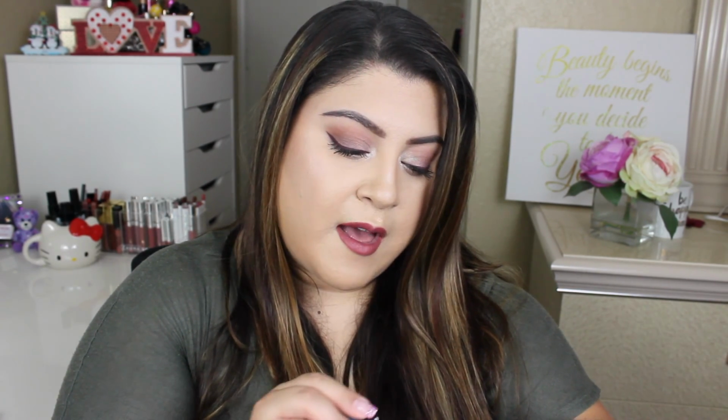My last lip favorite is going to be by NYX, and it is this. This is the Intense Butter Gloss. Now, I haven't been too much into glosses lately. I've been going on with the whole matte trend. And this gloss, okay,